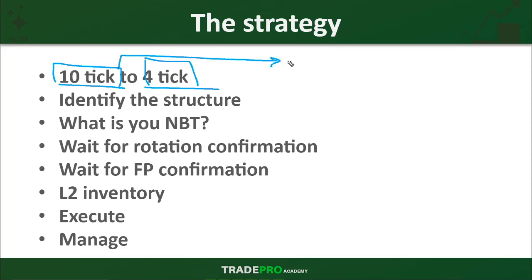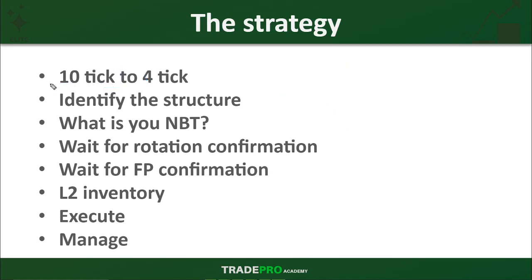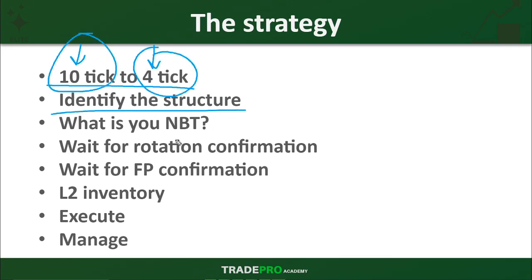So this week, that 10 tick got bumped to a 20 tick because we've had a lot of movement, the 4 tick into a 10 tick. So much movement that we could bump up the tick size, bump up the stops, and bump up the profit. Now, we have to change as the market changes in volatility. Now we go from larger time frame to smaller time frame, multi-time frame analysis, even though these aren't time frames, these are tick ranges. So we look at the macro, then to the micro,